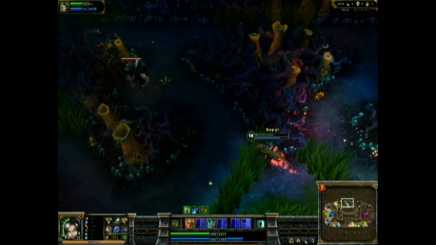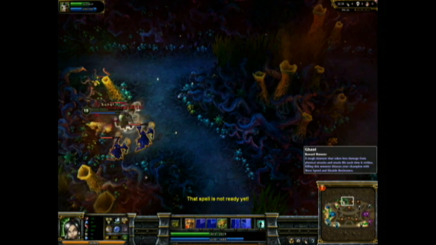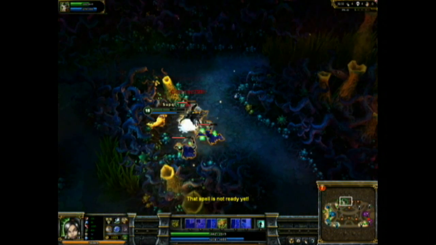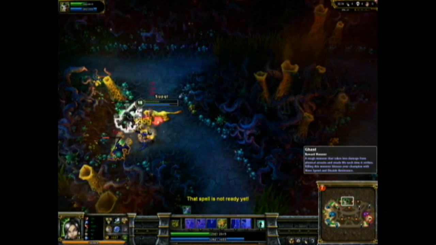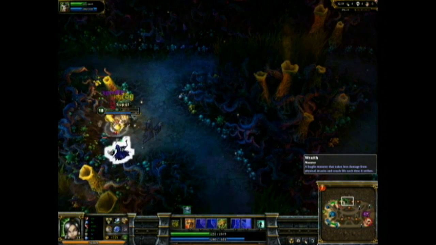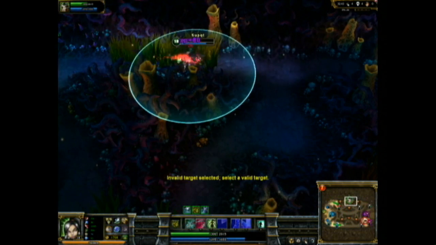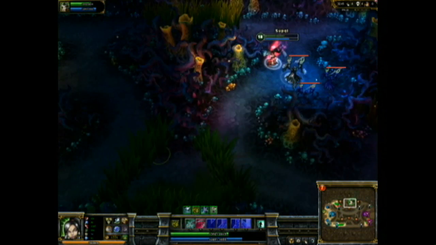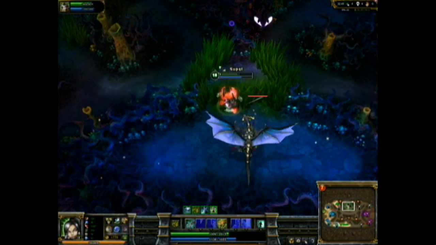Alright, so your new E ability is Swipe, and Swipe is a frontal cone AoE that deals damage based on how many ranks in your ultimate you have. It starts at 155 at rank 1, goes to 255 at rank 2, and it has a solid amount of AP scaling. I believe it's 30%